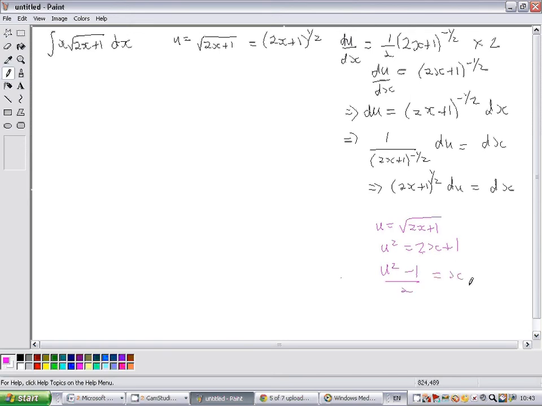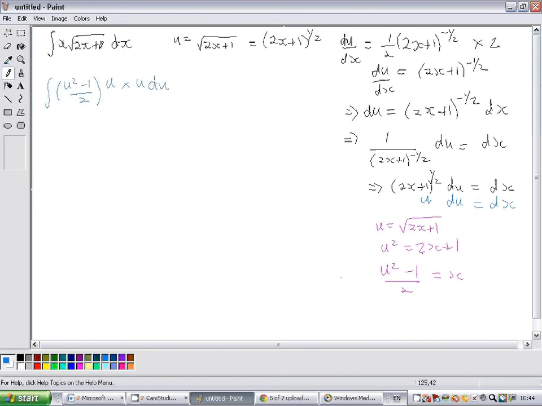So let's see if we can put all of that together into this integral. It's quite complicated, this one. So x is just (u squared minus 1) over 2. Root 2x plus 1 is just u. And then dx is this expression here. Now, (2x plus 1) to the half is actually u. So what we've actually got here is u du is equal to dx. So u du. So we've managed to change everything in the integral from being in terms of x to being